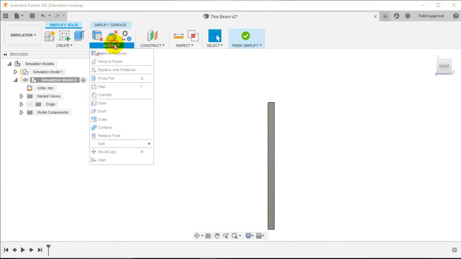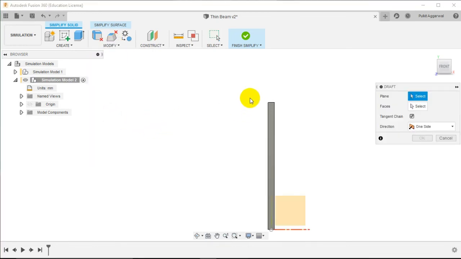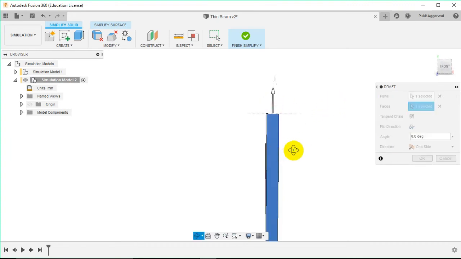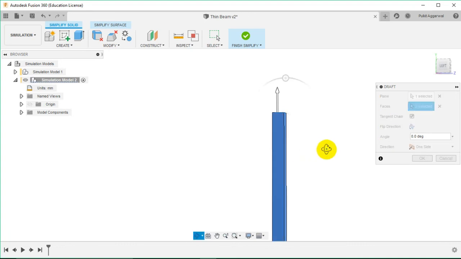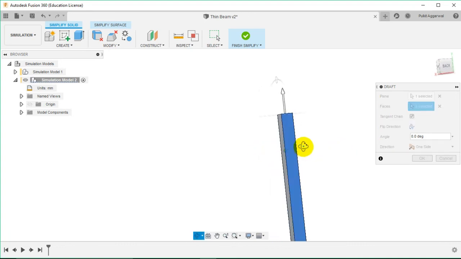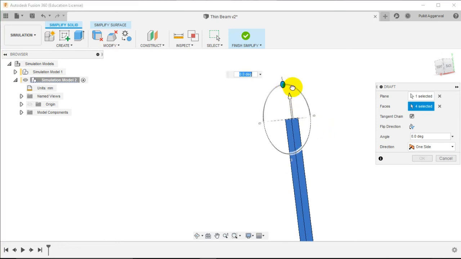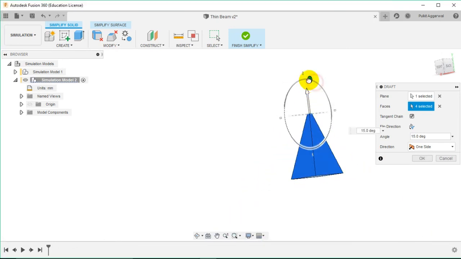Now let us go to modify and select draft. So let us select the upper surface as the plane and these 4 surfaces as the faces. We can see the way this is changing our model.